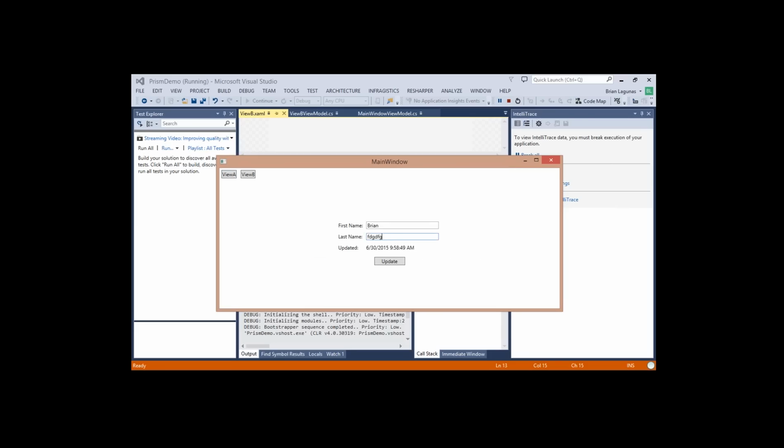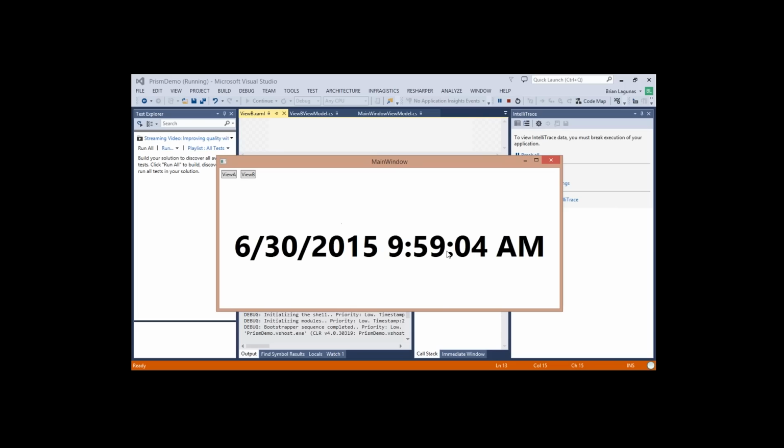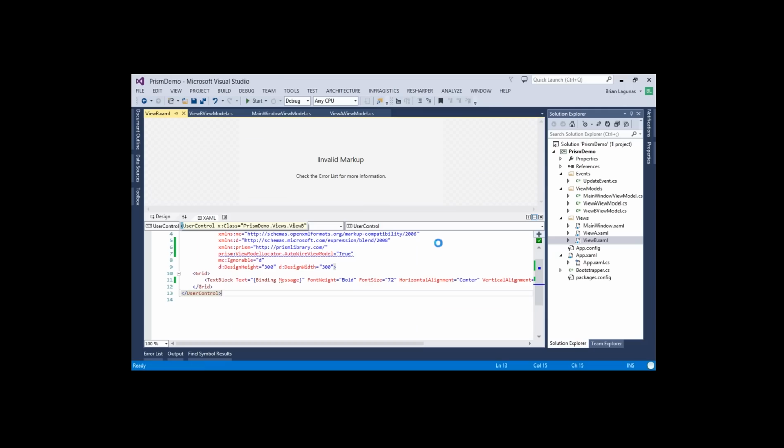Beautiful. I mean, this is awesome. So now it should say 95904. 95904. Perfect. So there, we solved communicating between view models. Okay, so this simple app here